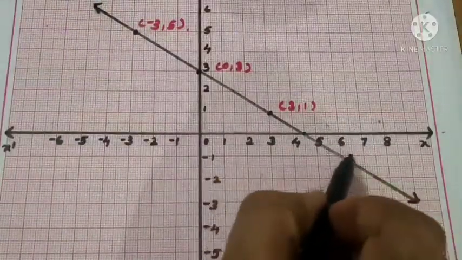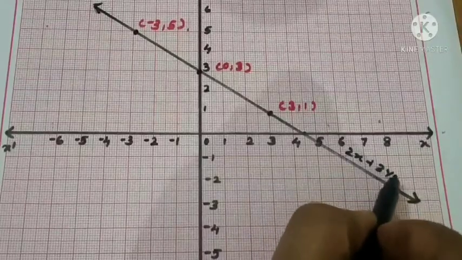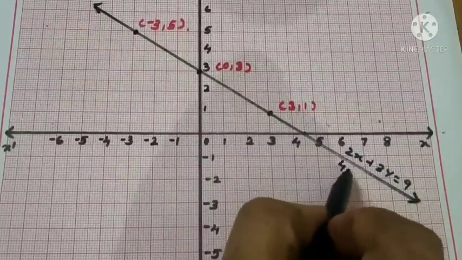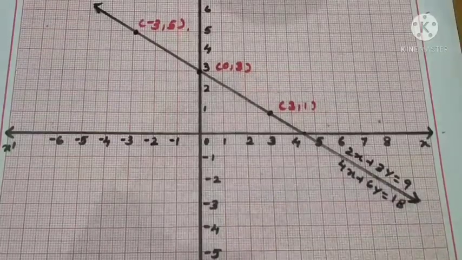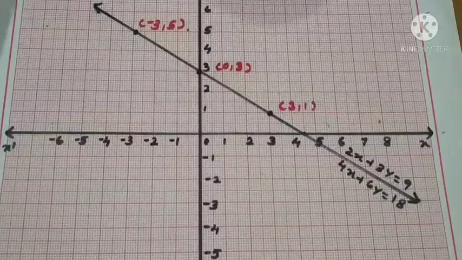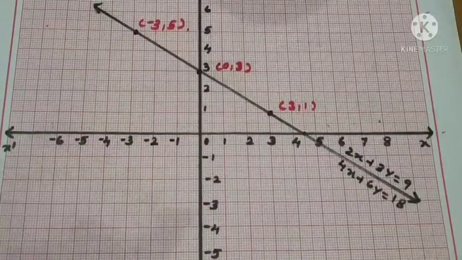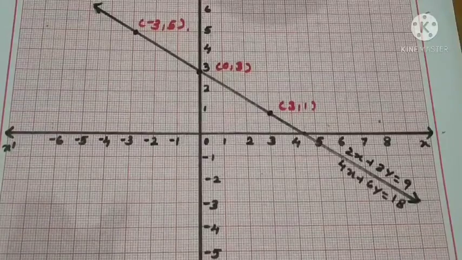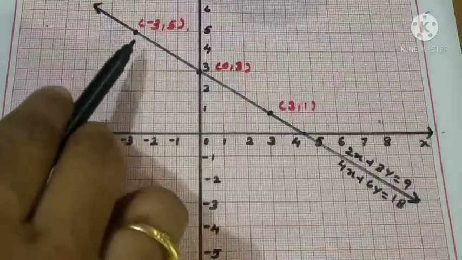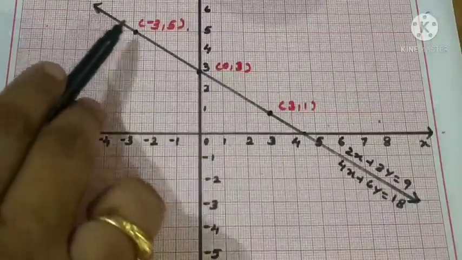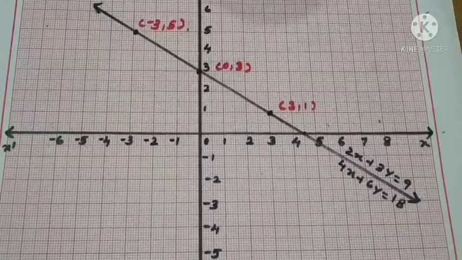So here above the line I'll choose 2x plus 3y equal to 9, and multiplying with the 2, what is the second equation? 4x plus 6y equal to 18. So both equations we have represented. Now the question comes, how many solutions are there? According to your knowledge, we have learned last year that when it is a straight line for a linear equation in two variables, every point is a solution. So how many solutions are possible? Many solutions are possible on the line only.